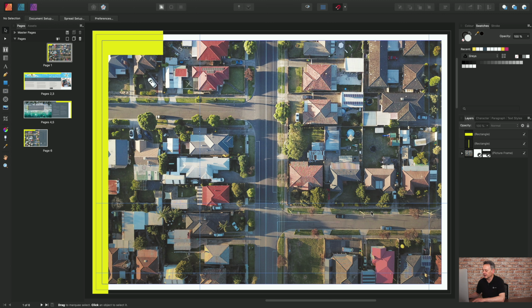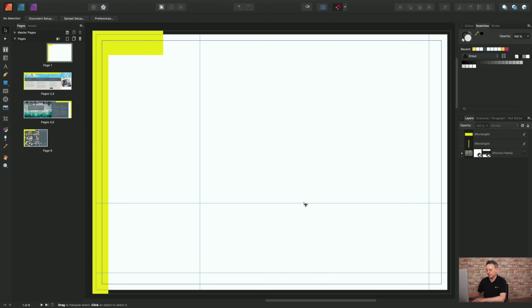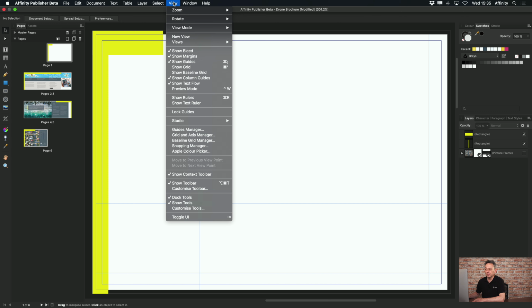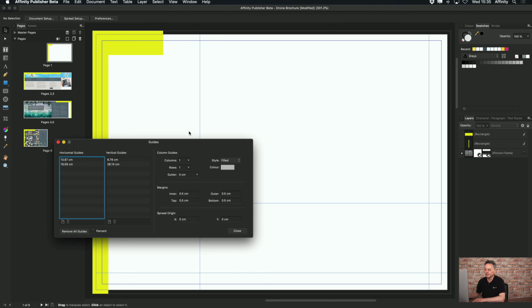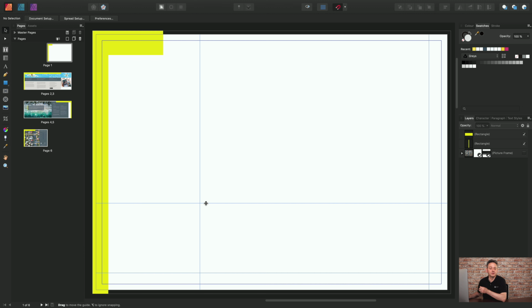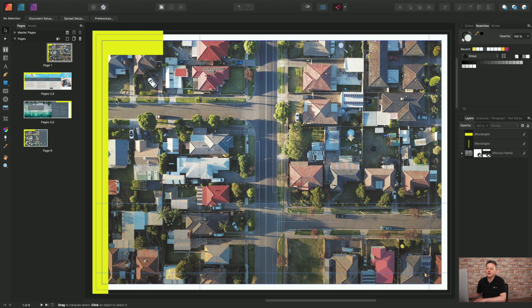To do so, I just want to show you initially some guides that I've set up, and these are placed in this kind of location here. I've set those previously from the View menu, View Guides Manager, and you can see the 4 guides set there. Now I've put these guides in place so that I can add artistic text and control its positioning on the page. So first of all, I'll switch the picture frame back on and then go to